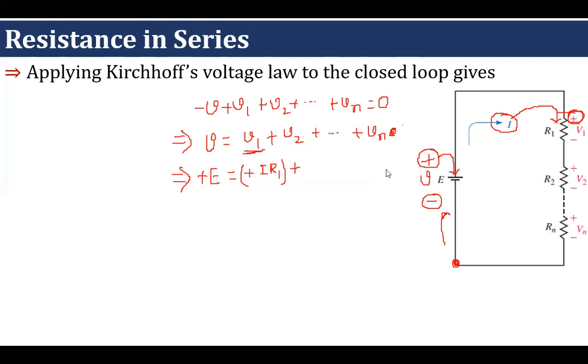What is the value of V2? Again this current I is coming through the positive sign of the voltage measurement, so plus I into R2. Similarly, for the nth resistor, easily we can write